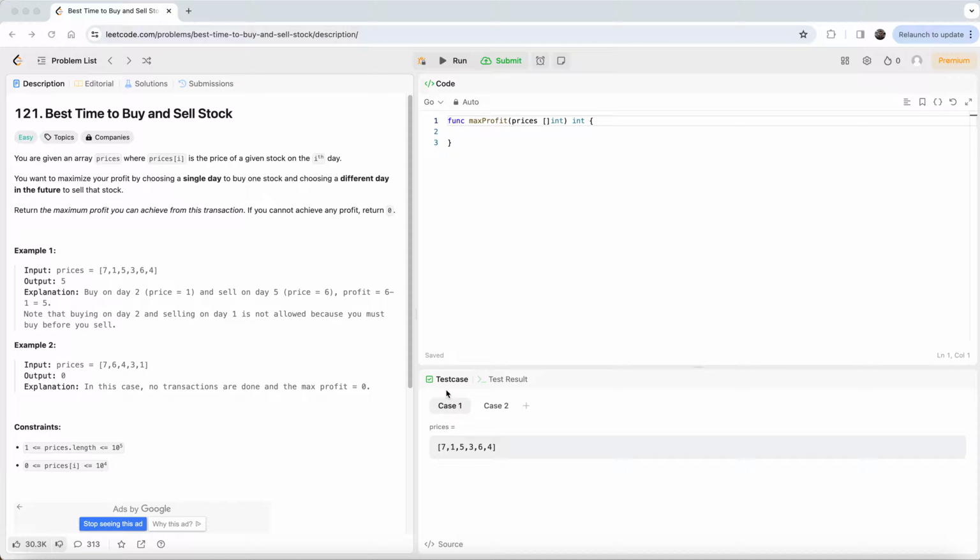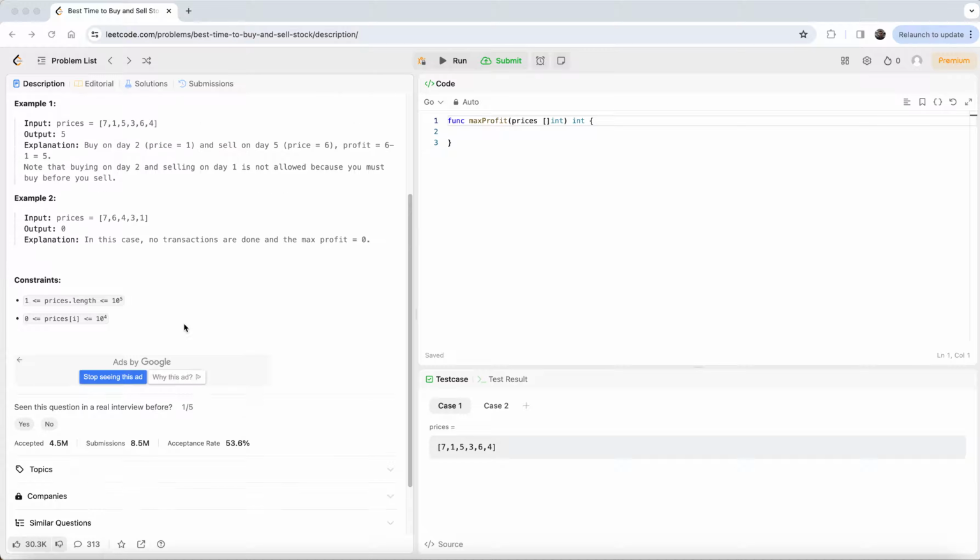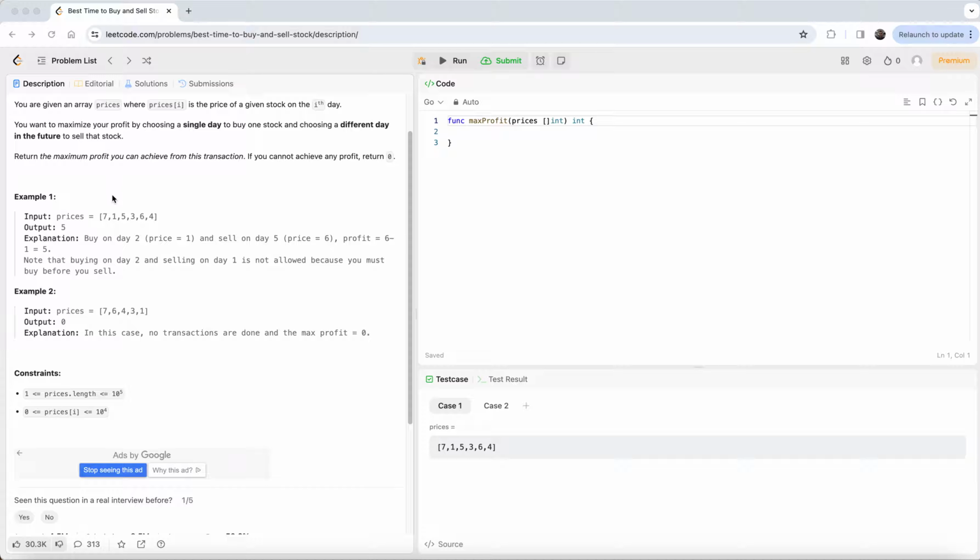Let's see the buy and sell stock problem from LeetCode. It's an easy problem. Let's try to understand this. It's called best time to buy and sell a stock. So here, if you see here,